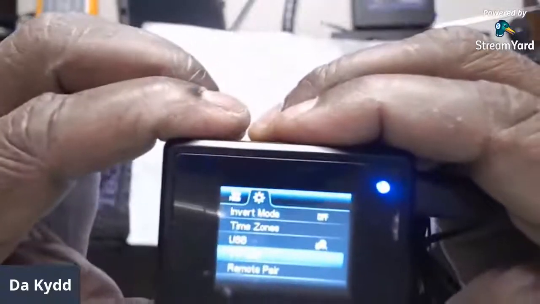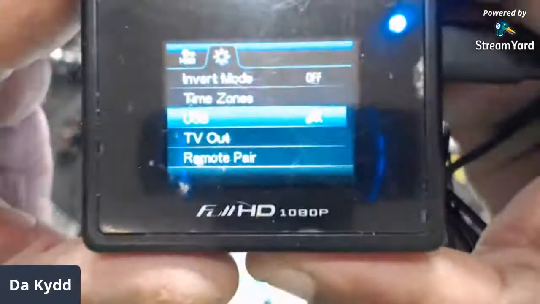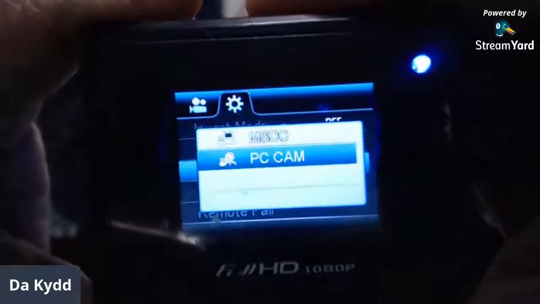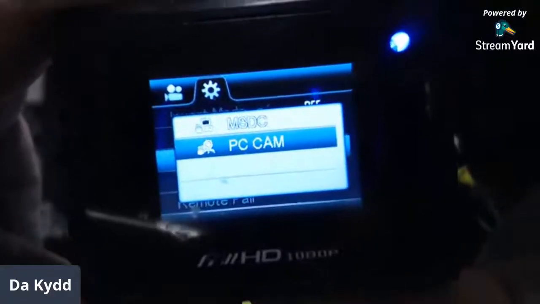And then I would select yes, but since I don't want to do that, I'm going to select no, because otherwise it might disable the off screen. But the next feature is where I want to go. So I go to USB, and I'm basically telling it what I want the USB port to do. So right there, I got PC cam,